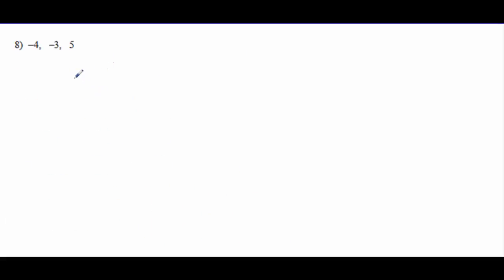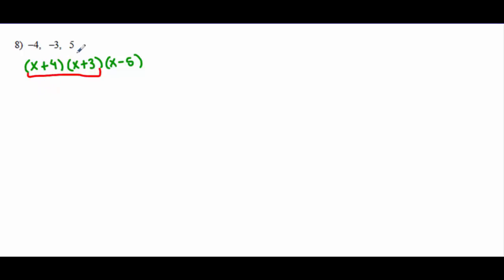Number 8, the instructions are not on here, so it says write a polynomial function of least degree with integral coefficients that has the given zeros. So we want to change the signs and put these into parentheses, because it's like they're giving us the answers and they want us to write the polynomial that goes with it. And so I'm going to multiply out these parentheses, starting with 2 of them